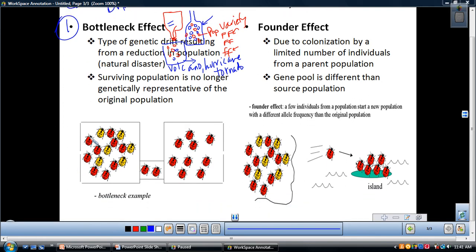Okay, in this scenario, here are some ladybugs that exist in yellow versus red, and they're pretty equally distributed. They're a variety. This is the original population. Well, if a natural disaster occurred, and for whatever reason all the yellow ones happened to be on this side over here, and the yellow ones were killed by a volcano or hurricane, tornado, whatever, and all you had that survived were these two little red ones, well, they're going to reproduce and pass their traits on to the offspring,